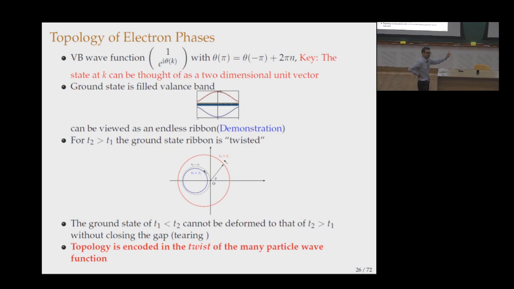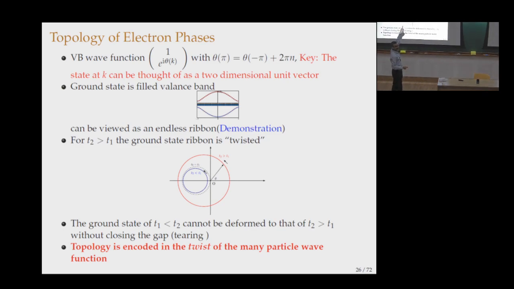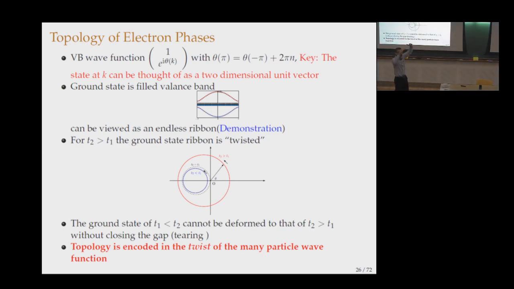No. You will see. That labeling will become a representation of symmetry. I will show you. Computation of the phase requires saying what the symmetries are. I agree with you. But I'm saying that in choosing e to the i theta k,